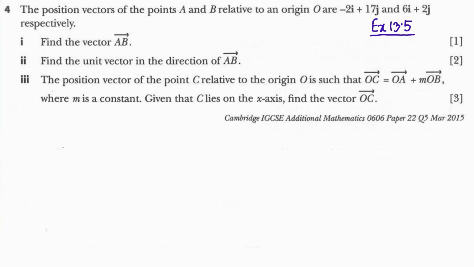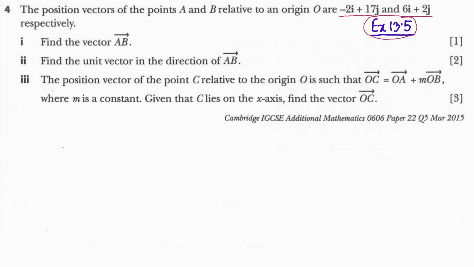This is the question taken from the Cambridge Mathematics book. It's question number 14 from exercise 13.5, and the chapter name is Vectors. The question is written here: position vector of A and B relative to origin O is given; OA is minus 2i plus 17j, and position vector of B is given as 6i